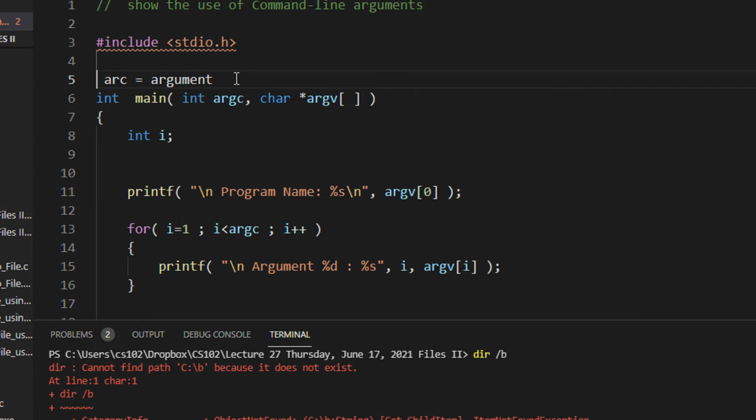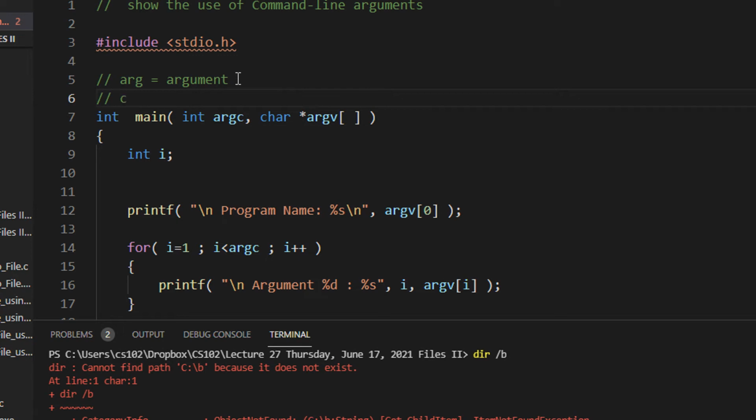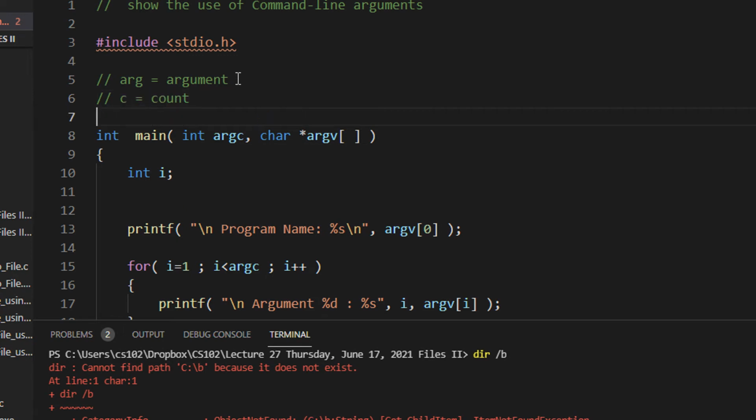Arg is equal to argument, right? Then c is equal to the count and v is equal to the variables. So when I say argc, that means I am saying argument count, okay, and argv means argument variables.